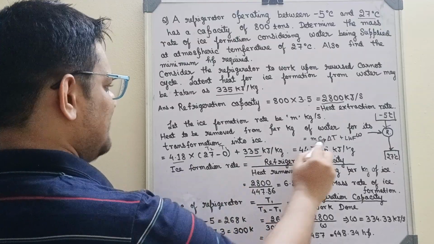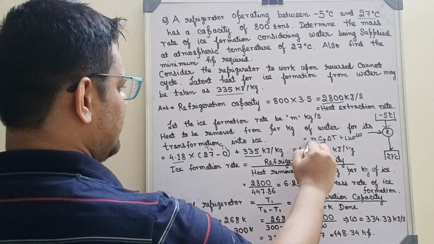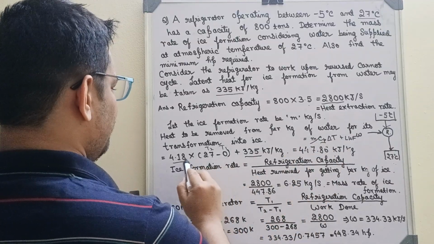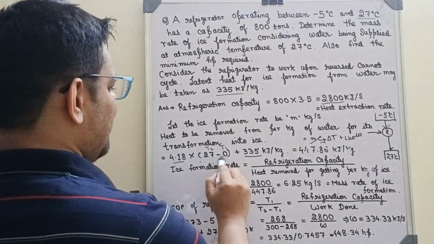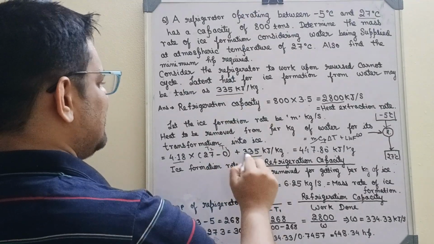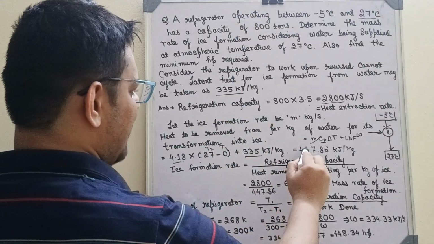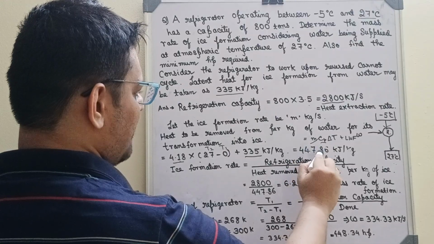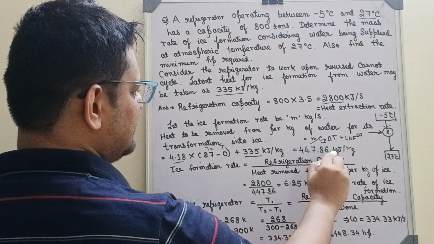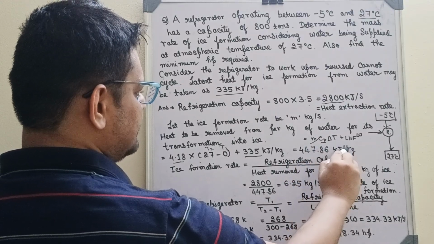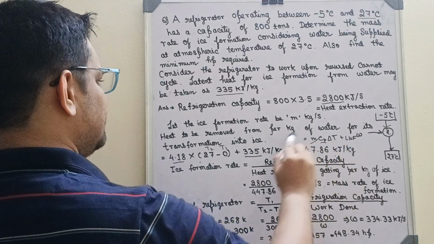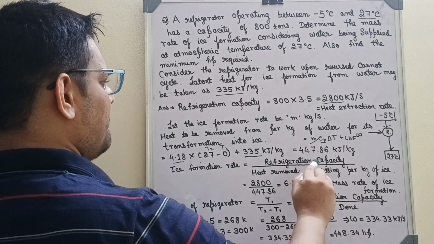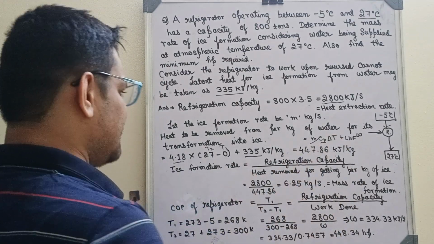Cp is 4.18, we are neglecting m. So 4.18 into 27 minus 0 plus 335, that is kilojoule per kg. If we calculate, we will get